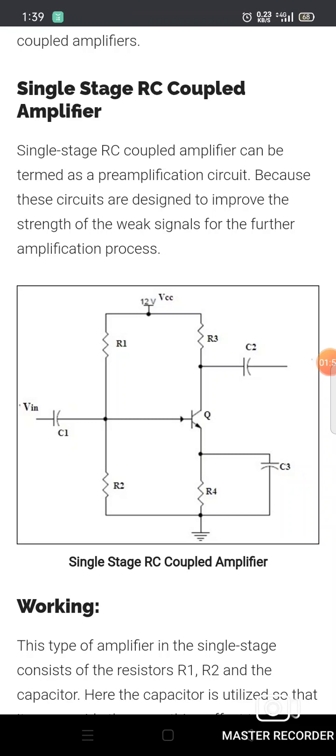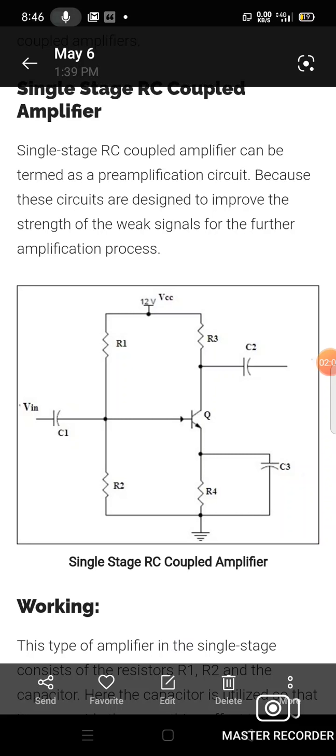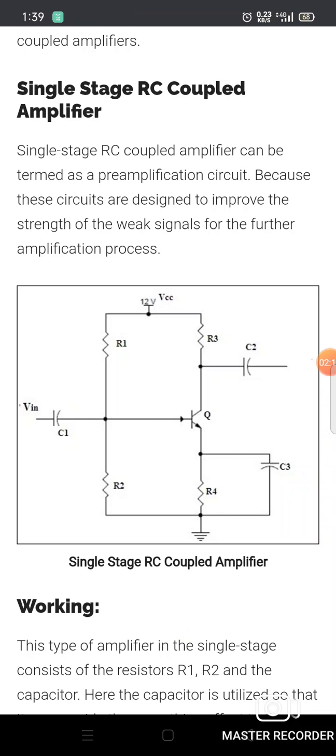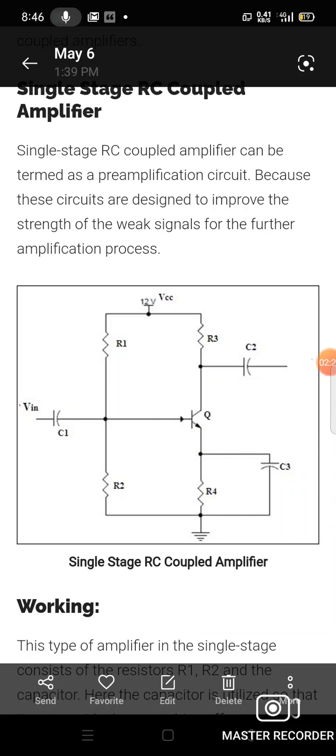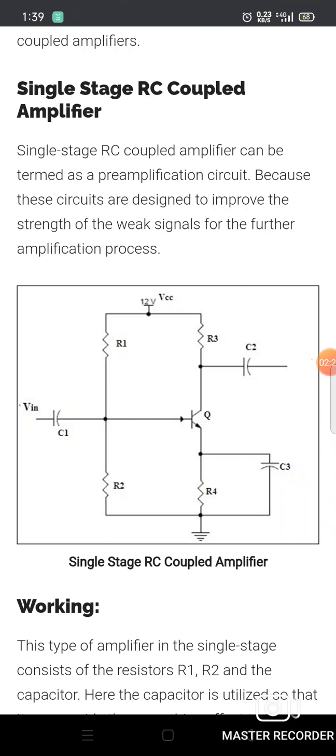capacitor? Which signals do the two capacitors C1 and C2 allow, and which signals do they block? What is the function of capacitor C3 there, which signals does C3 bypass to ground, and which signals does it stop? What happens with the three capacitors and those signals, that is, the AC and DC signals? In this amplifier circuit we have two signals. One is Vin, the input signal, which is AC, and the other is the power supply, VCC, which is DC at the collector terminal.